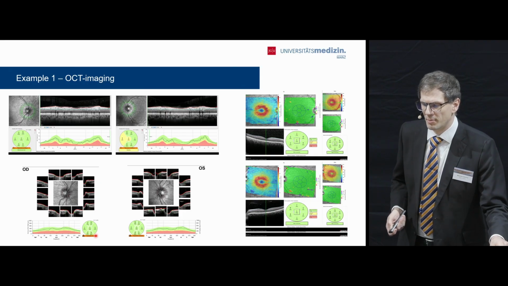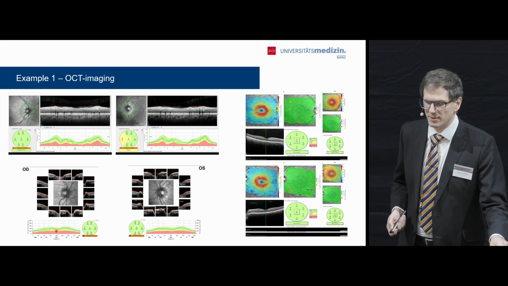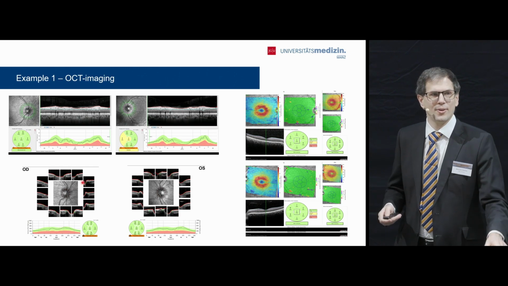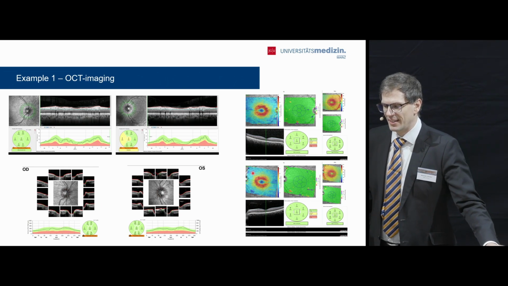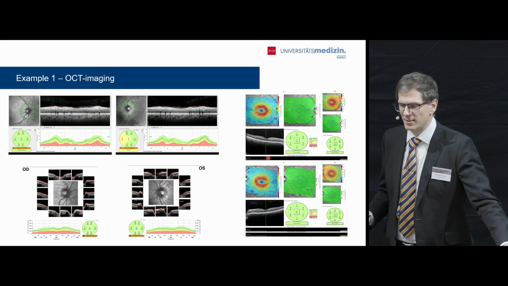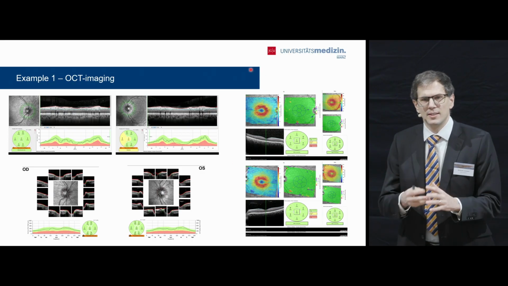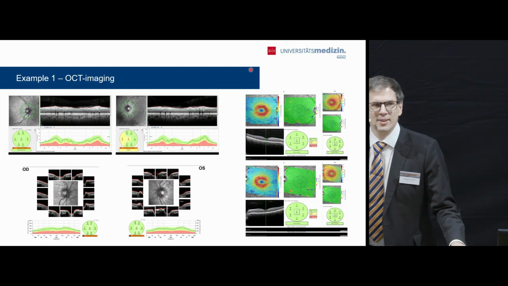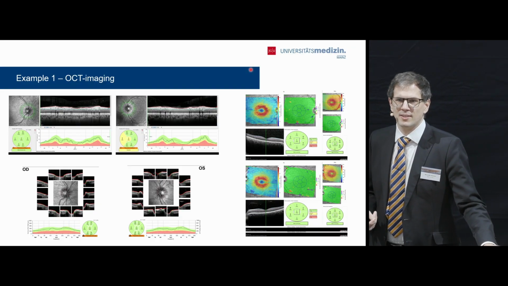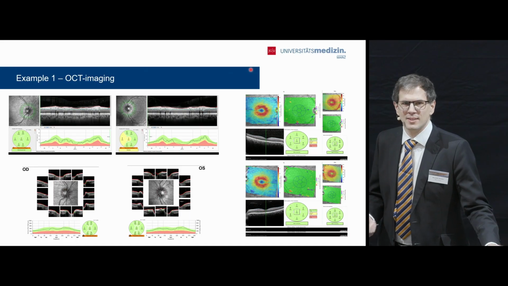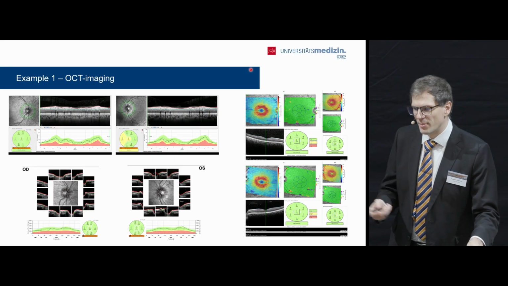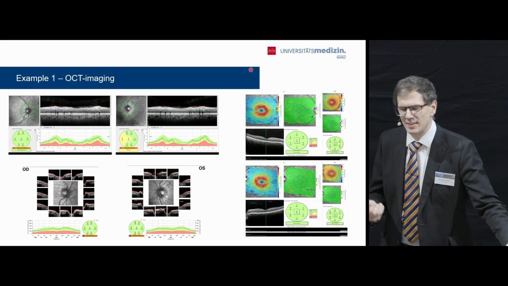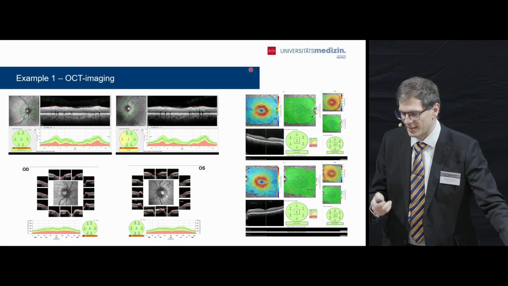If we go to the MRW analysis, we see that it's quite thick all over again. And in the ganglion cell layer of the posterior pole analysis, you see the same as well. It's quite normal. So in my case, it's an ocular hypertension subject, and it didn't change over the next years. So it's quite sure not glaucoma, but it's challenging to see this just by looking at the optic disc.